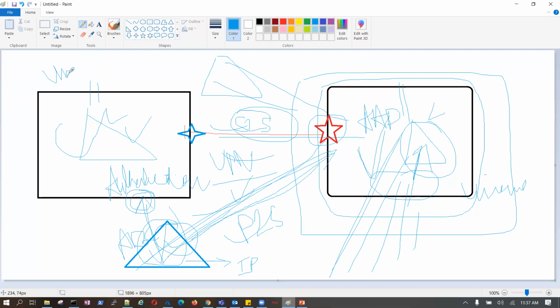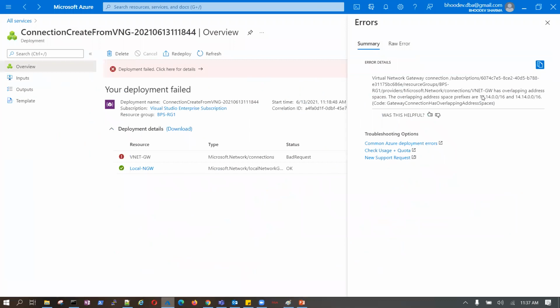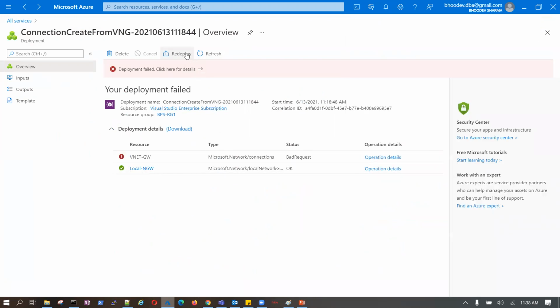When I say unique, the CIDR blocks will not overlap, which is currently in our case, this one. Now, if I go redeploy, it will not ask me anything, it will just submit it.